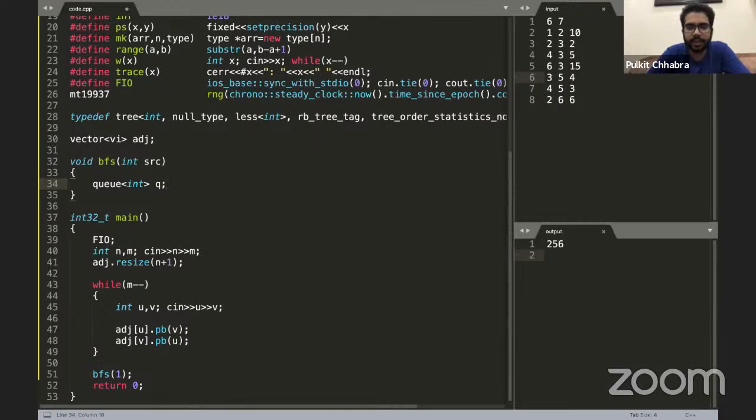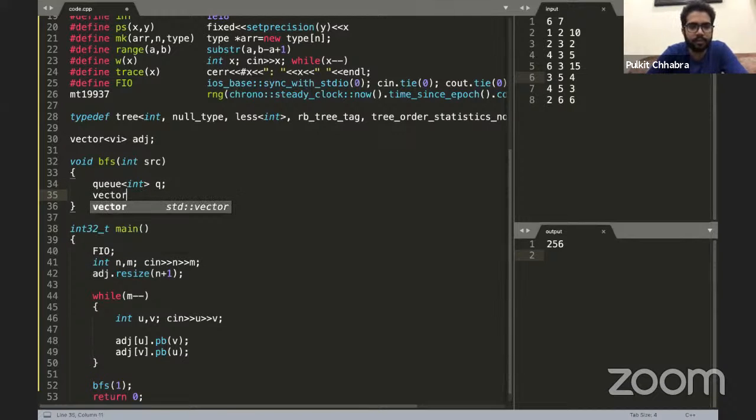And then we'll also need a boolean array, let's say done or added, of size n plus 1, initialized to 0, which will tell me whether this particular node has been added to the queue or not, right? Like we discussed, we just have to add the unvisited neighbors of the current node to the queue. So I'll need something which can tell me whether it has been added or not.